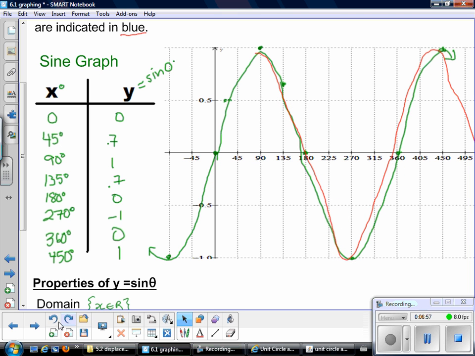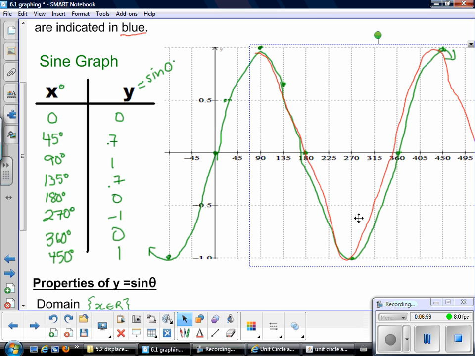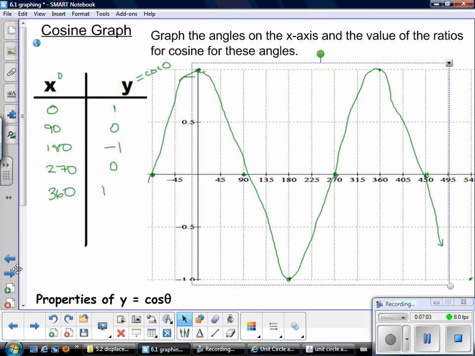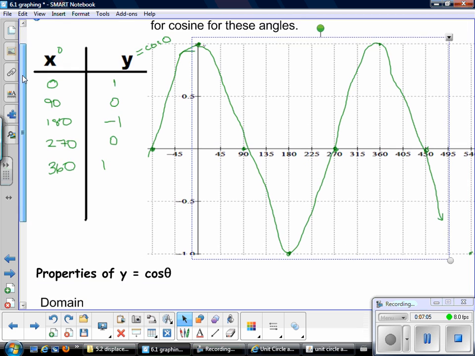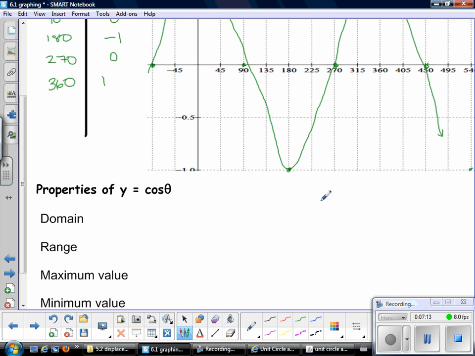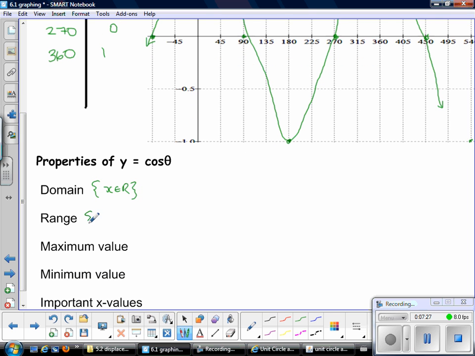Okay, so I'm going to get rid of that now because I don't need it. And we go back to our cos. So let's finish doing the properties of cos. Again, x can be any real number. Okay, and I need to put an arrow on this side. I put it at the other end. So the domain: x is an element of real numbers. y is an element of real numbers